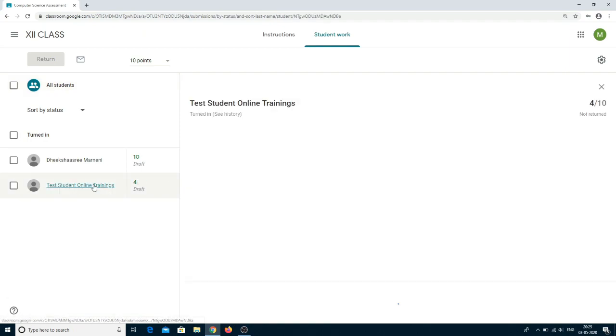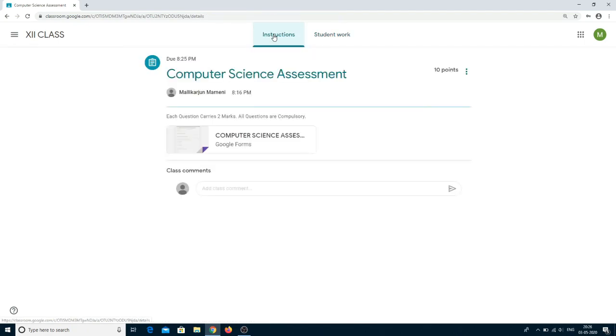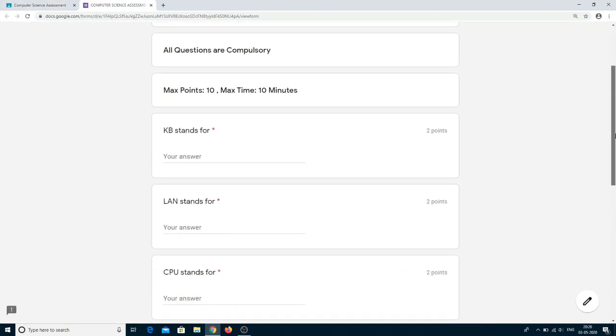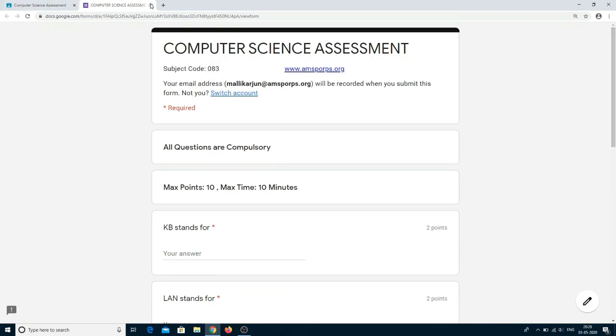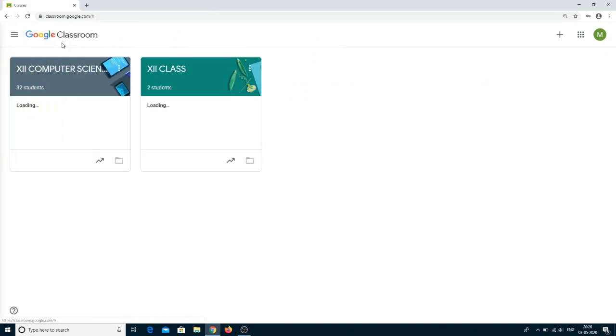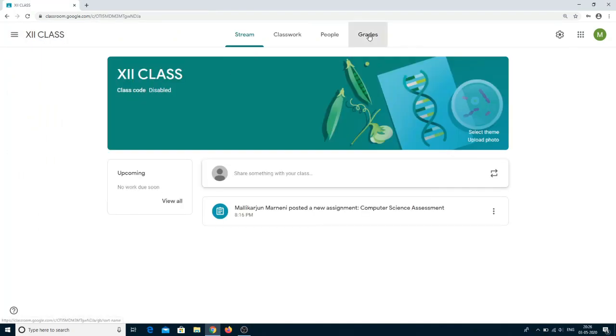So we can go to the second student's details. The teacher can cross check the grades.